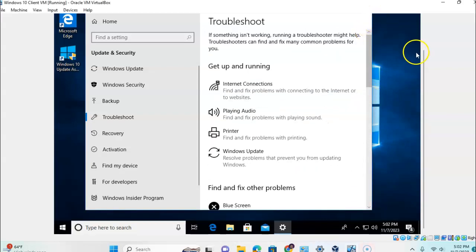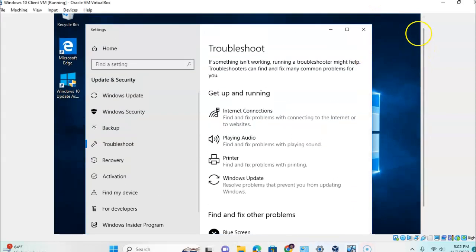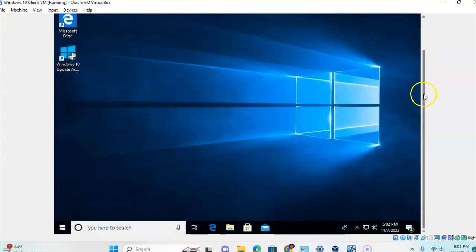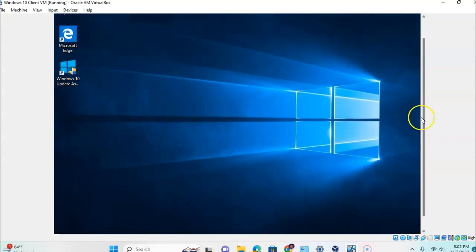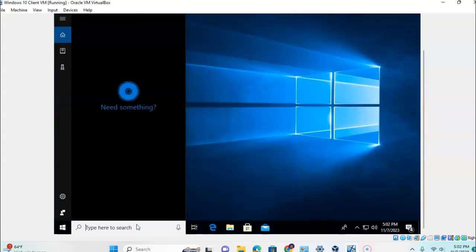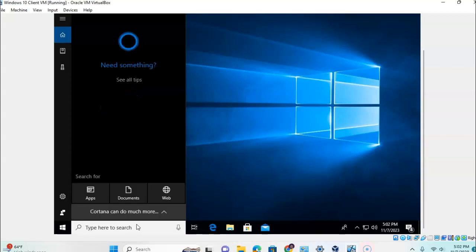Alright, so what we're doing here is we want to use some of the troubleshooting options that Windows 10 offers. Here I am running a virtual machine. I'm running Windows 10, and the way that we access one of the troubleshooting utilities is you can go to